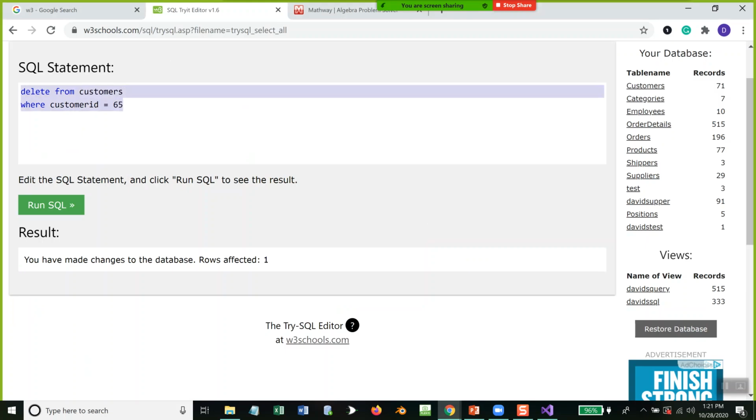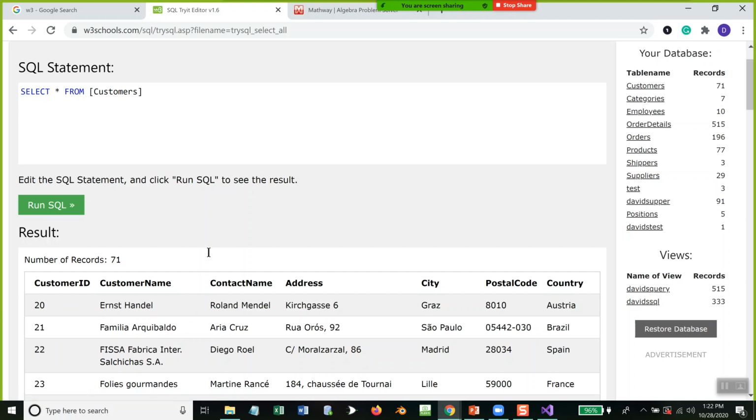Now to insert, go to insert customers. Boy, I was looking right at it. Okay, so we got this. You do an insert into customers, and then you put a beginning parenthesis, and you put the names of the columns that you want to insert. So if I want to insert customer ID and customer name, contact name,